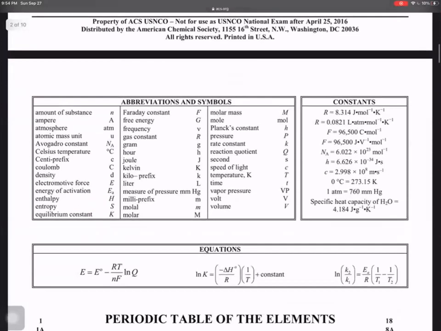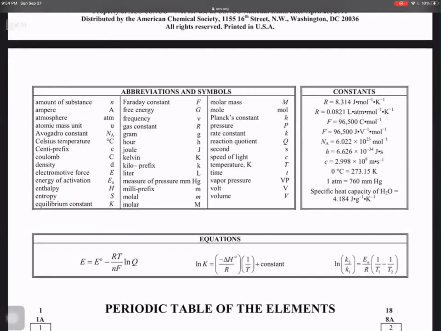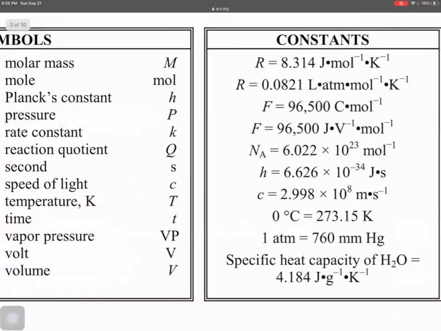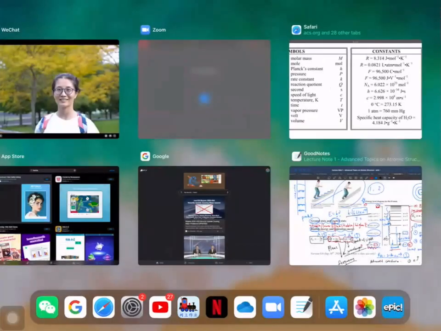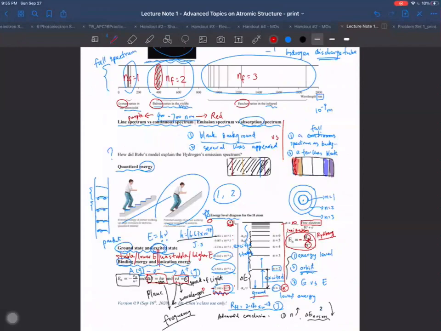No, they are not. There are only 3 equations in the formula sheet. As you can see, those are the 3 equations. But the constants are here, which means you might need to memorize those 2 equations. All of the constants, like the Planck constant h and the speed of light, are all here. Okay. Next